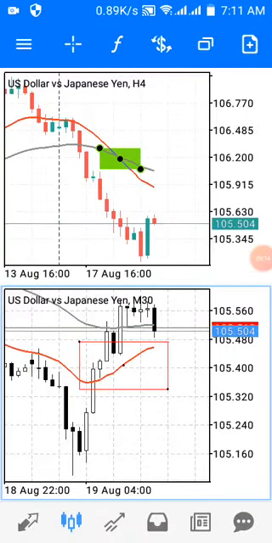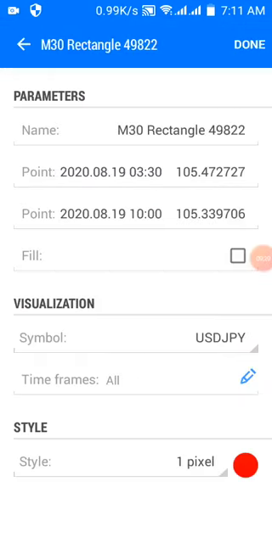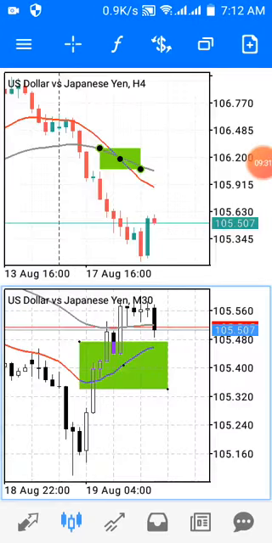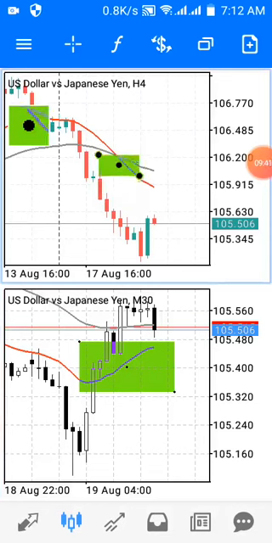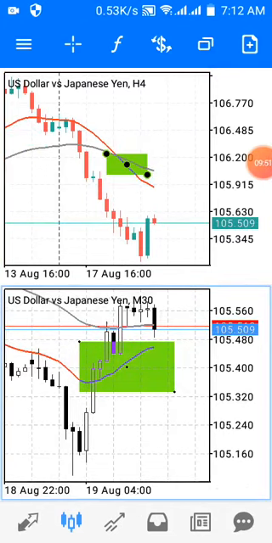Let me change the color for this one. I'm going to put red. Okay, let me leave it as green, done. Okay, now the 21 EMA is well under the 50 EMA on the lower time frame, and the 21 EMA just crossed, not quite long, down on the 50 EMA on the upper window. So that means